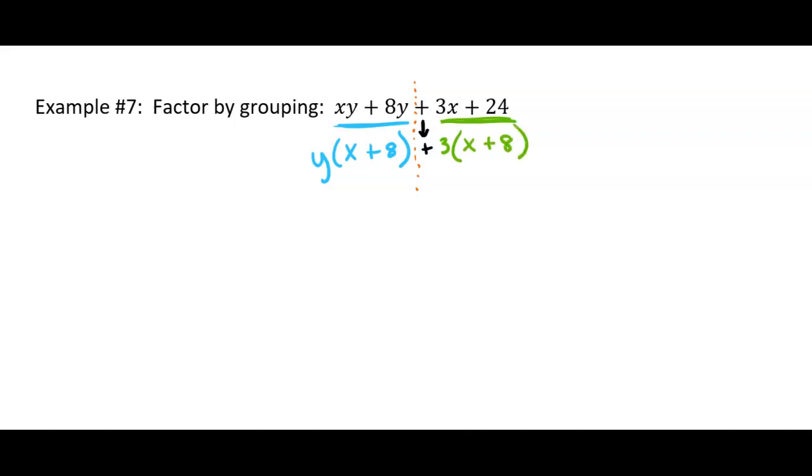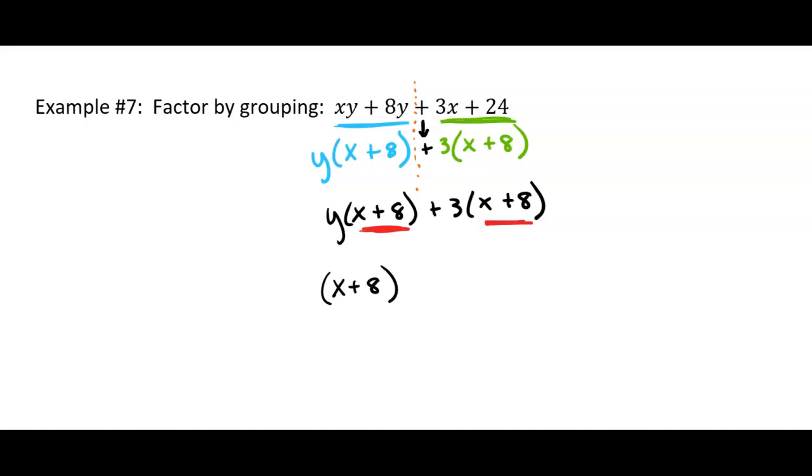Now I'm going to recopy this. So I have y times... you don't have to recopy it when you're doing these, but I'm going to recopy it so you can see what's going on. Okay, that's the situation we had with the last video, with the m's and the apple and the pumpkin or whatever. Okay, so look and see, these have a common binomial factor. So they both have the x plus 8. So you take out the x plus 8, I'll put that in front.